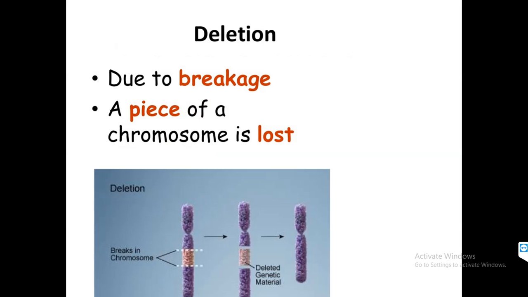The deletion occurs due to breakage. Deletion itself means that something is getting deleted or something is decreasing. So due to the breakage, a piece of chromosome is lost. In the diagram you can see this is one chromosome and it breaks from this part. So the deleted genetic material is given out and eliminated from this gene, and now you can see this gene becomes short and this portion is deleted, and it is now a mutant as the deletion has already taken place. So genetic constitution changed, so mutation happened. Which type of mutation? Deletion.